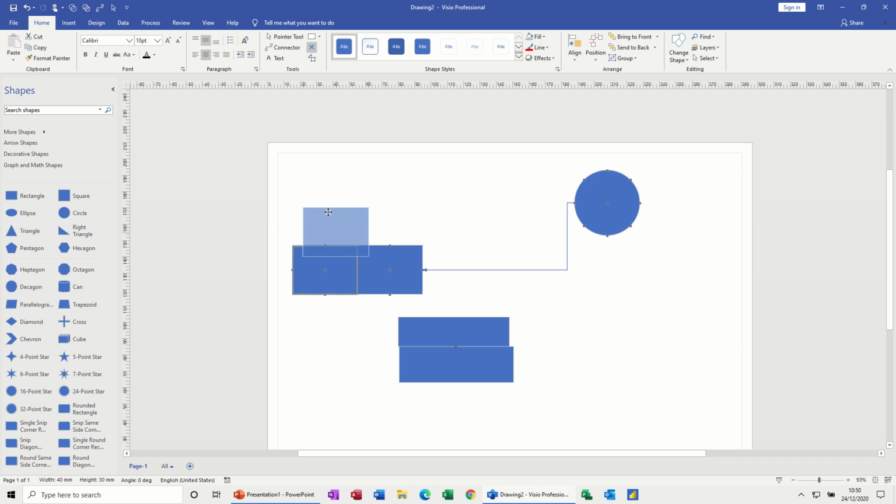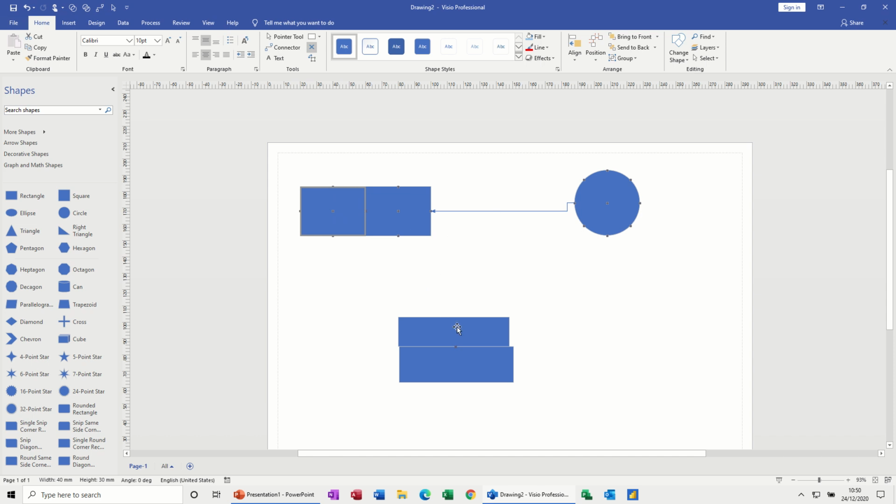So the chances of you doing that in this type of flowchart diagram are quite small really, but where that would come in place is where you are trying to attach furniture to a wall in a floor plan diagram maybe, and you need to make sure they stick together so when you move the wall the furniture moves with it. Or if you're putting things on top of something else and you want them to stick together, you can use layers. I've mentioned layers before, or you can use these connection points and just glue them together with the inward outward joins. But that's all I wanted to show you in this little bit, just a little overview of